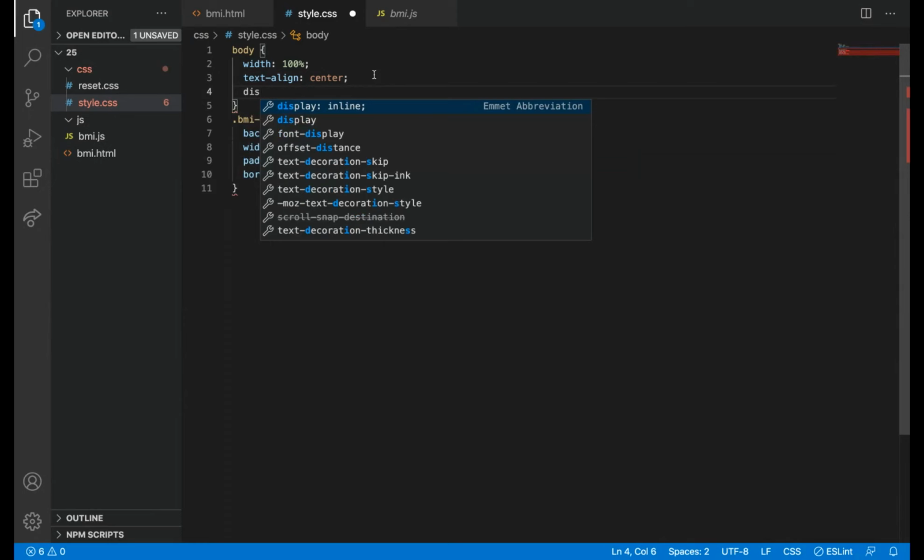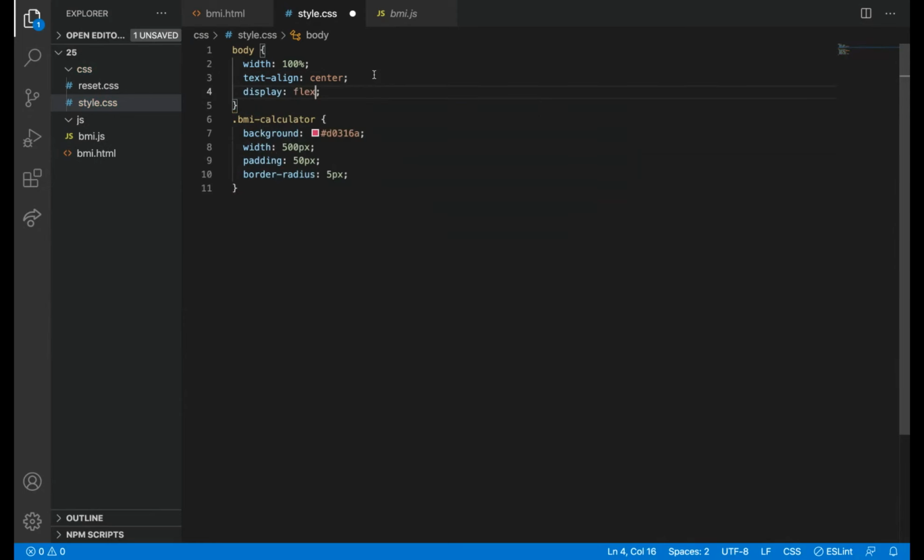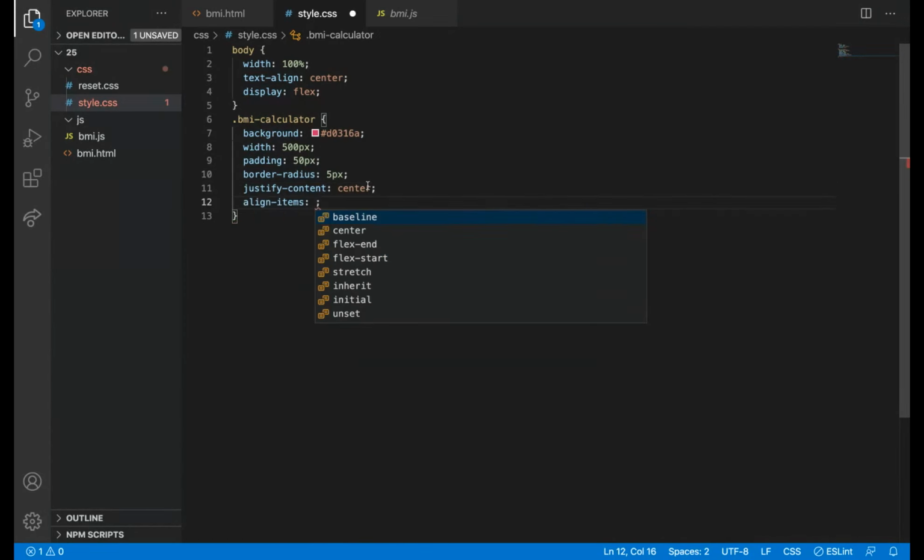And then I'm just going to give display flex here on body, and then justify content center, align items center.